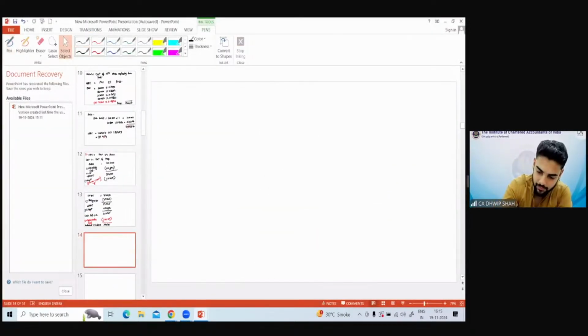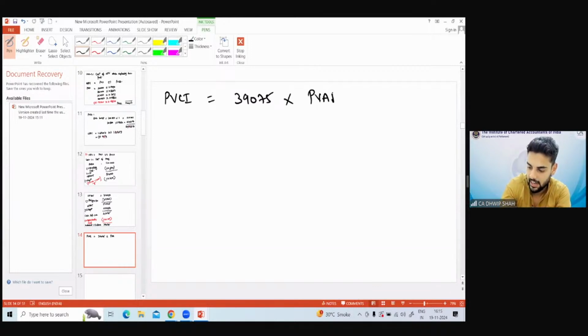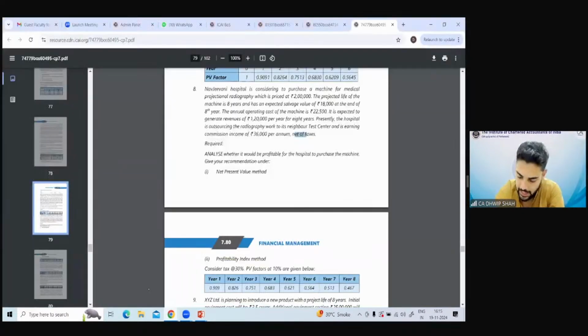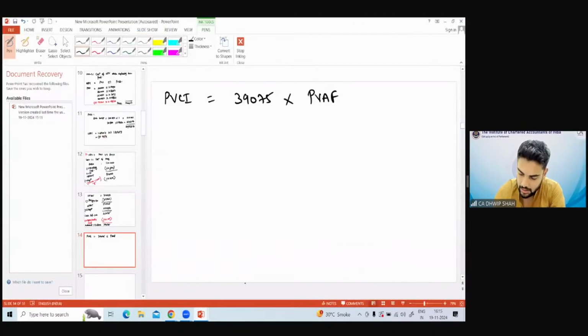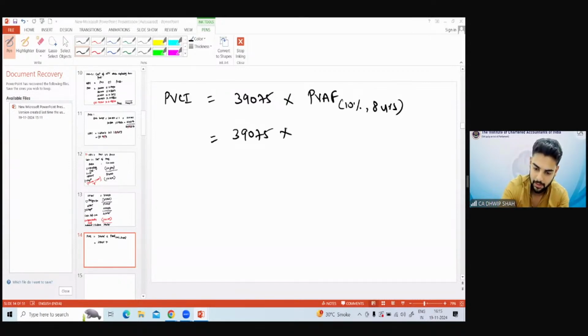So my PVCI would be 39,075 multiplied by the PVAF factor. The discounting rate is 10%, and for how many years? For 8 years. So how much will it come to? It is nothing but 39,075 multiplied by